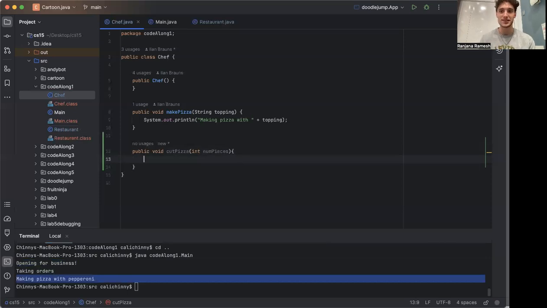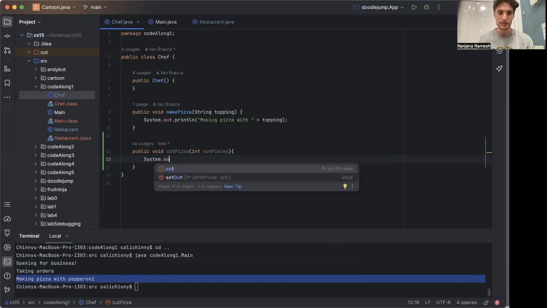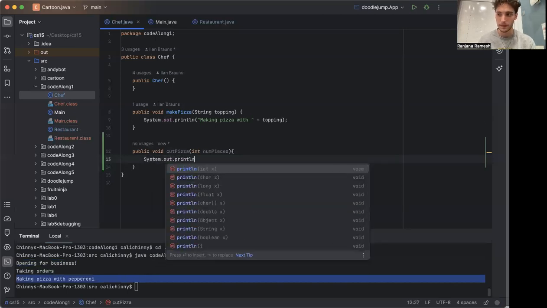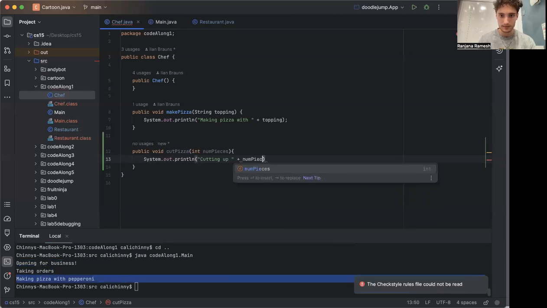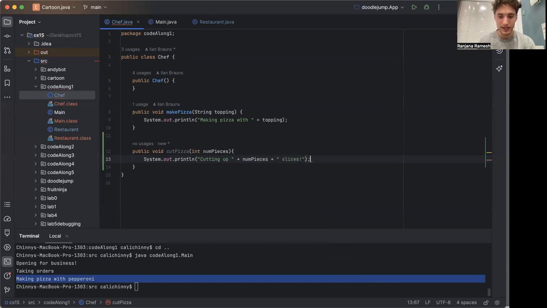And so now that we finished the method declaration, we're going to go ahead and define the method. In this case scenario, we're just going to want it to print out number of pieces. So we're going to do system.out.print, and we're going to print out cutting up plus num pieces plus slices. And if you can see right here, we're taking our argument, num pieces, and we're using it within